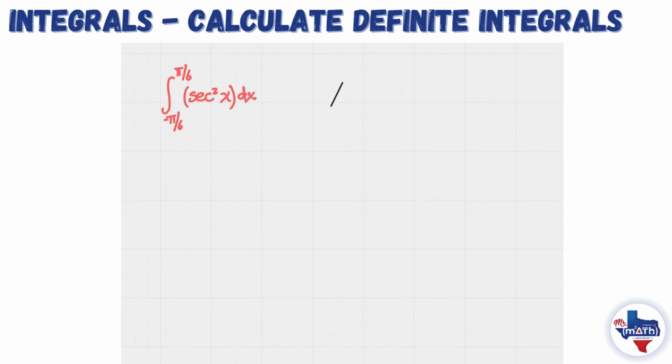We will say that this integral from a to b of f of x dx is equivalent to the original function evaluated on b minus the original function evaluated on a. Okay? By definition, the integral of the secant square of x is just tangent of x. So the integral that we will find is tangent of x